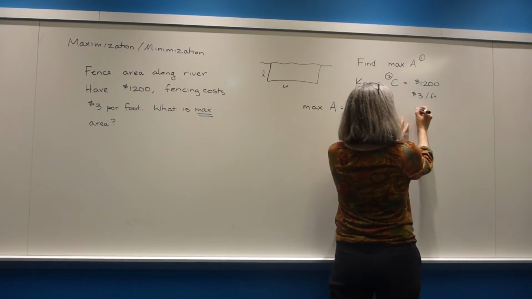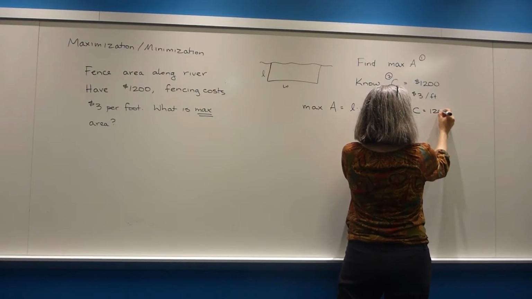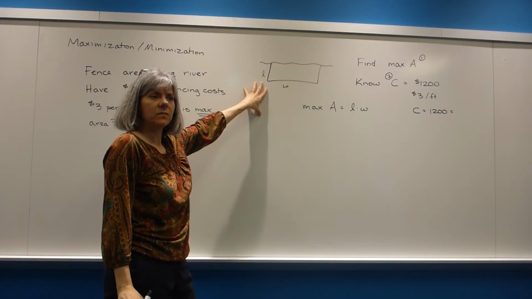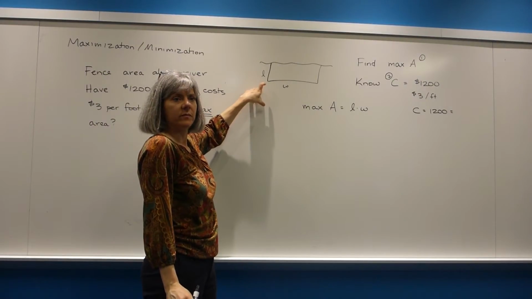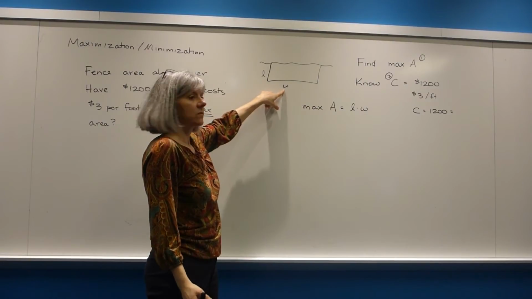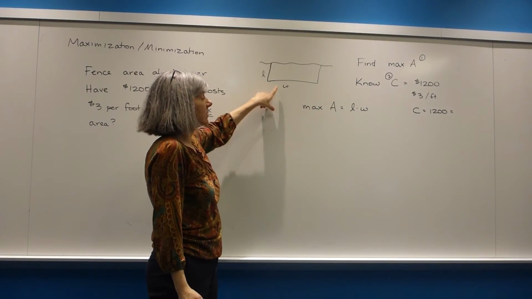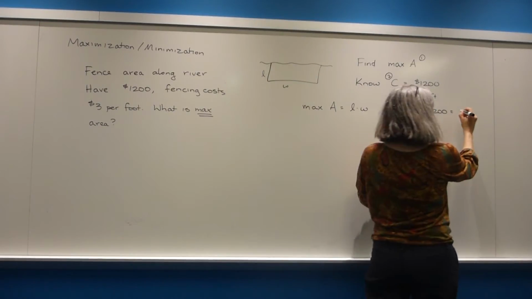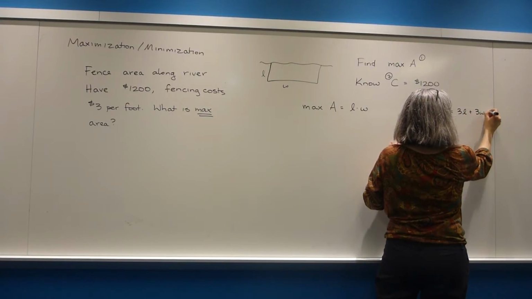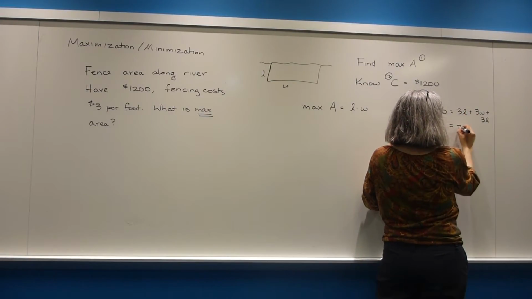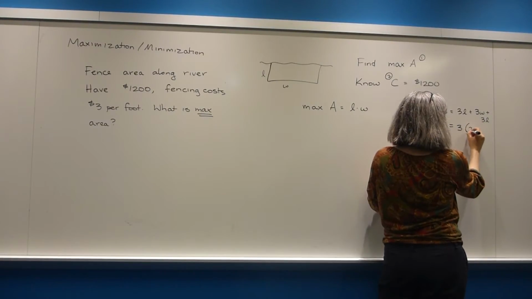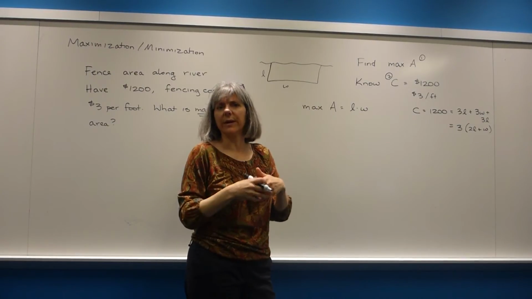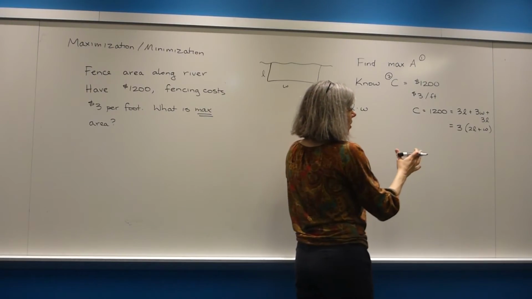So what's the other thing we know? We know that the cost is equal to $1,200. And how does that relate to the actual fence? How much fencing do you have? 3 times whatever L is, 3 times W, because it's per foot. Right, so 3L plus 3W plus 3L again. So you can think of it, you can add up each piece like that, 3L plus 3W plus 3L. Or you could say it's 3 times however much fence you have, and the fence you have is 2L plus W. It's not the 2L plus 2W that you normally have because we're not going all the way around. Okay, so